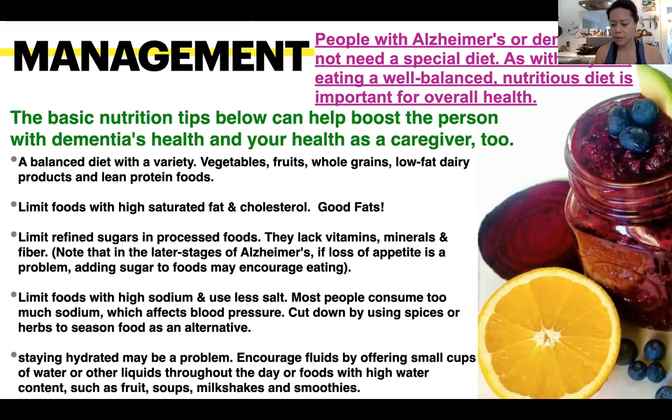so staying hydrated, as I am taking a sip of my coffee. People also forget about drinking, the same way they forget about eating. Drinking is also something that is easily not managed, and offering small sips and small cups can be easily done throughout the day. Water is something that some can't drink because dysphagia is a problem in a lot of elderly people because they can't swallow really thin liquids. And sometimes the water that they're made to drink is thickened, and that is not an exciting time. I've tried some thickened water. So other liquids can be encouraged, so fruits also have a lot of liquids, and choosing fruit vegetables like cucumbers have a lot of liquid, or zucchini, and even soups, milkshakes, as well as smoothies. Okay,